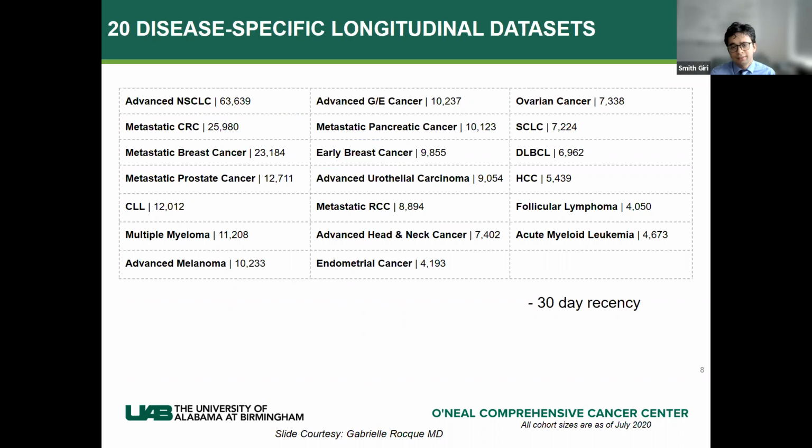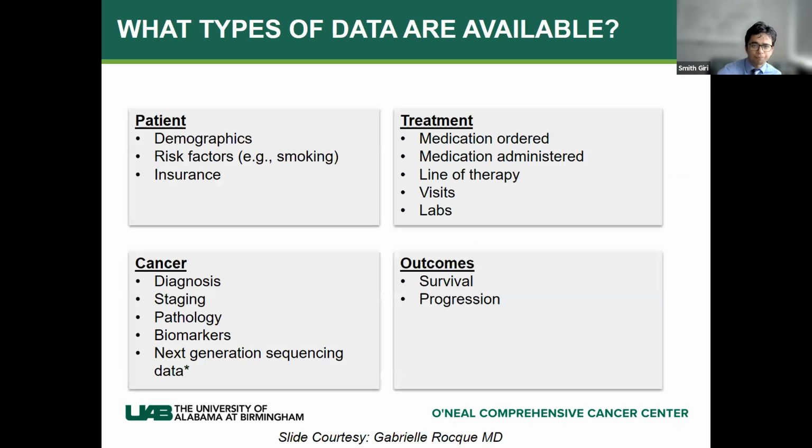Importantly, this data is very recent, with up to a 30-day recency period. So data cut around August or July can be found if we requested the Flatiron data today. There are different types of data that are available, including demographic, insurance data, as well as treatment-related data, importantly, the